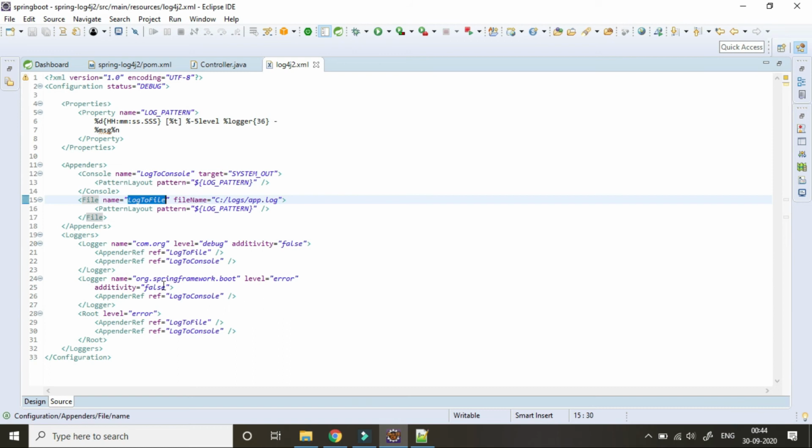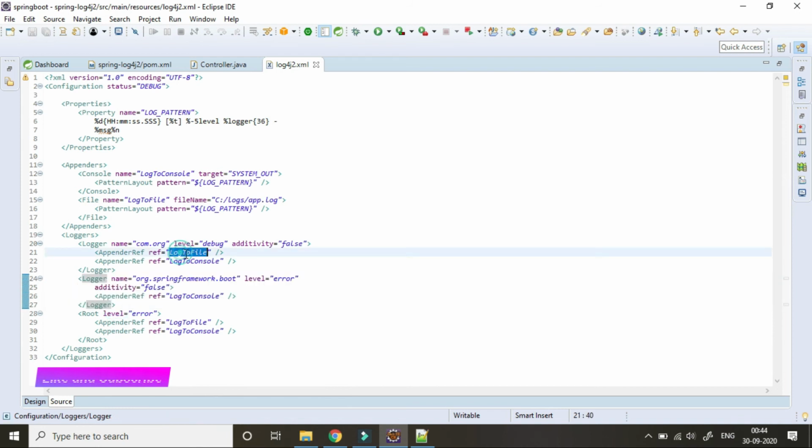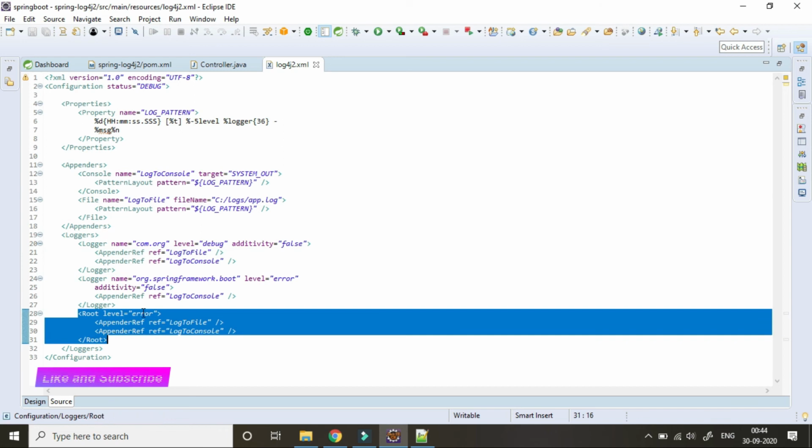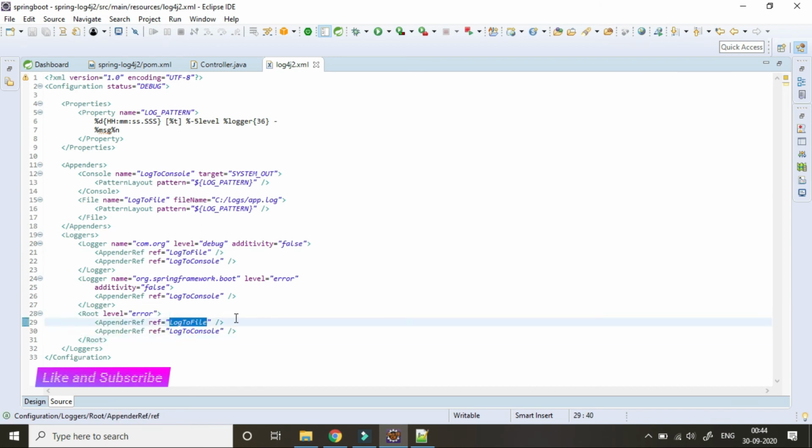Second one is org.springframework.boot. This is Spring's package. If any error happens for this package, then only the console log will print. So for this scenario we are not using the file appender ref. Third one is root. If any error happens, that error should be logged on the console as well as in the file.